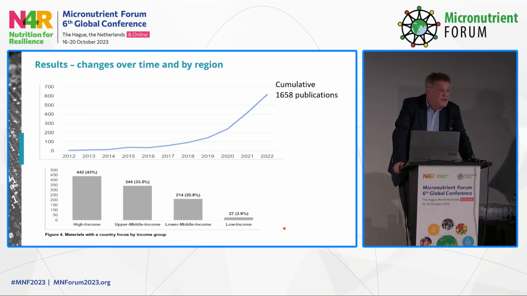What you can also see is that we have grouped it according to whether these publications are coming from high income, upper middle income, lower middle income, or low income countries, and you can clearly see that there is a decline. Nearly 50% of all the publications are coming from high-income countries, and then you can see a steady decline, also already showing you what targets and what questions are addressed in these publications.